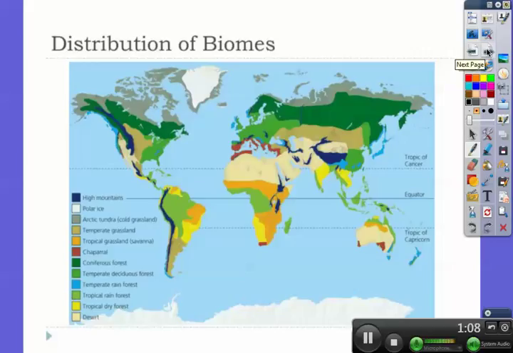Here you can see a figure from your book on page 153. It's the distribution of biomes across the globe. Each of them are characterized by a certain combination of climate and dominant vegetation. And that dominant vegetation does result primarily from differences in climate. Each biome contains many different ecosystems whose communities have adapted to differences in climate, soil, and other environmental factors.